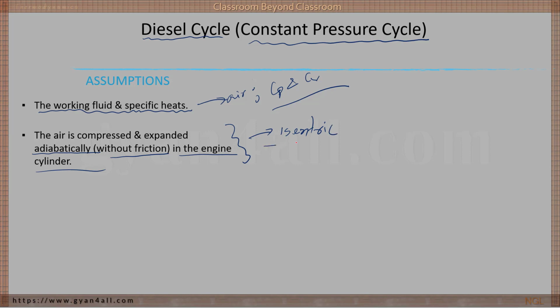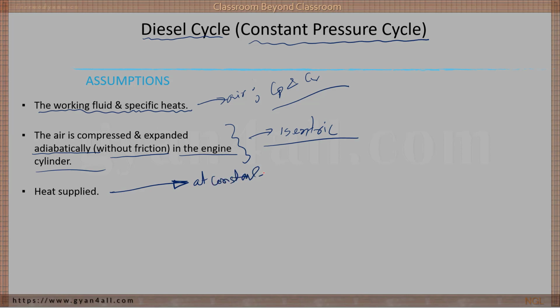Okay, isentropic compression and isentropic expansion. This is the same as the Otto cycle. Next, heat is supplied. How? Here is the difference with the Otto cycle. Heat is supplied how? At